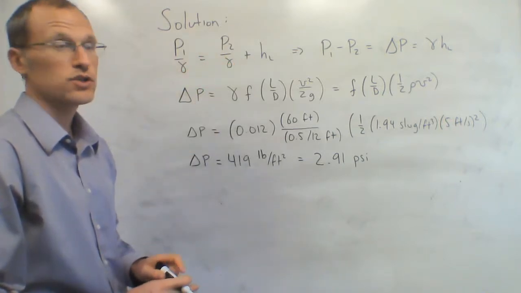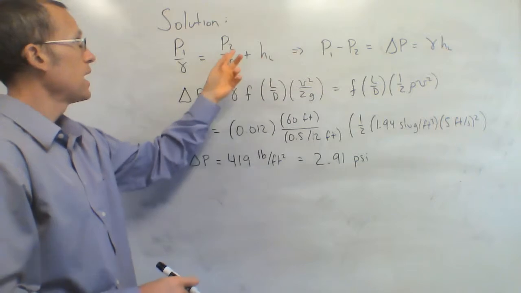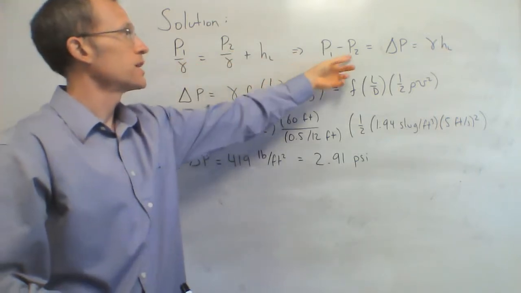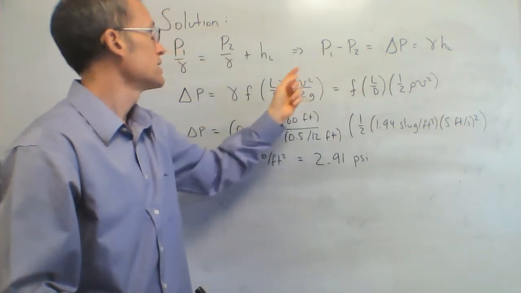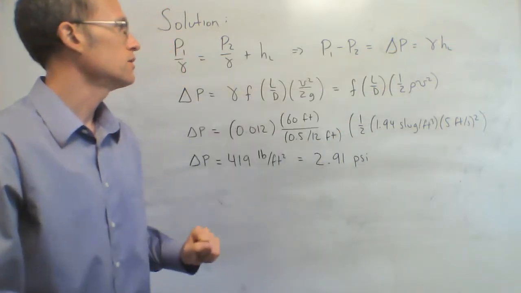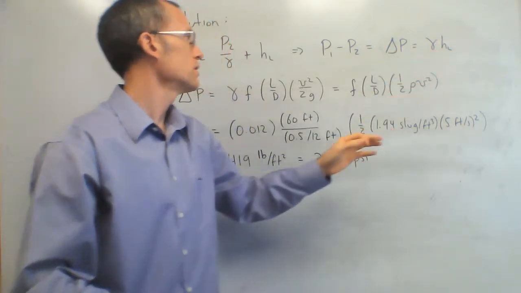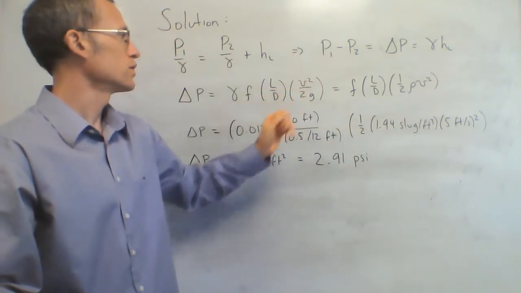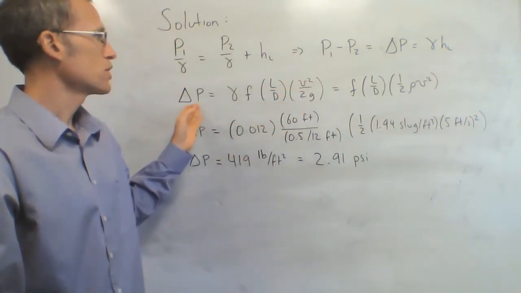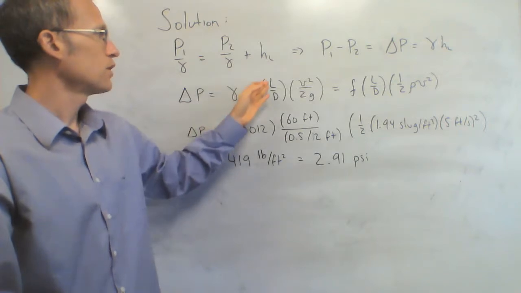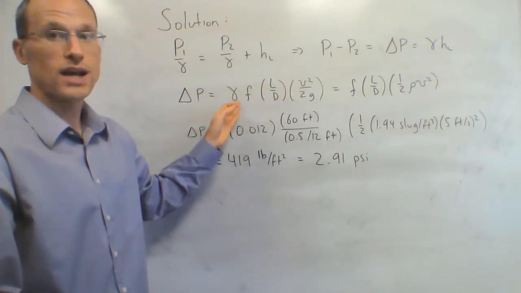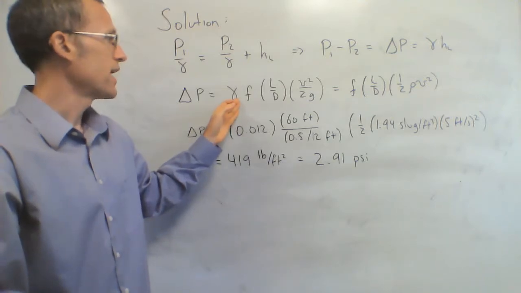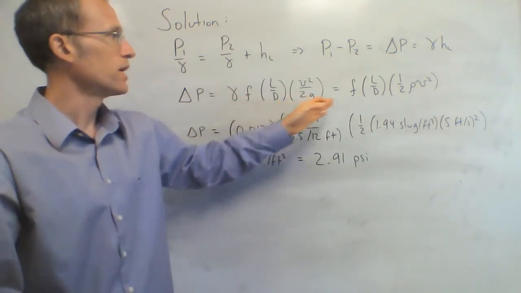I want to solve that for the pressure difference, so multiply by gamma and move P2 to the other side. So P1 minus P2, that is my pressure difference, which I'm going to call delta P, is equal to gamma times HL. And then I know my head loss, HL, is F L over D times V squared over 2G. So my total pressure difference is gamma F L over D V squared over 2G. But then gamma is rho times G, so I can cancel that G and end up with a 1/2 rho